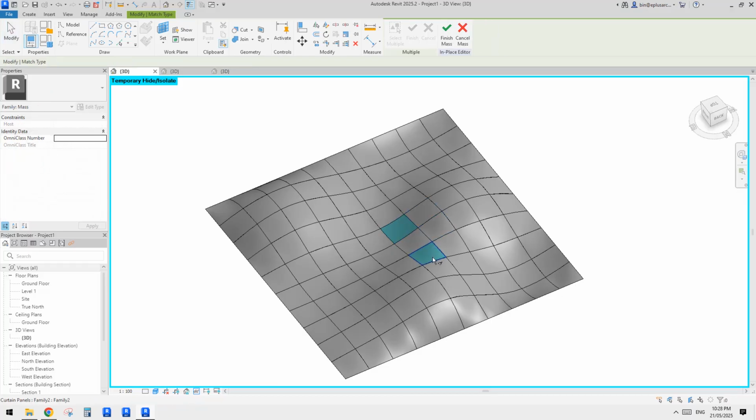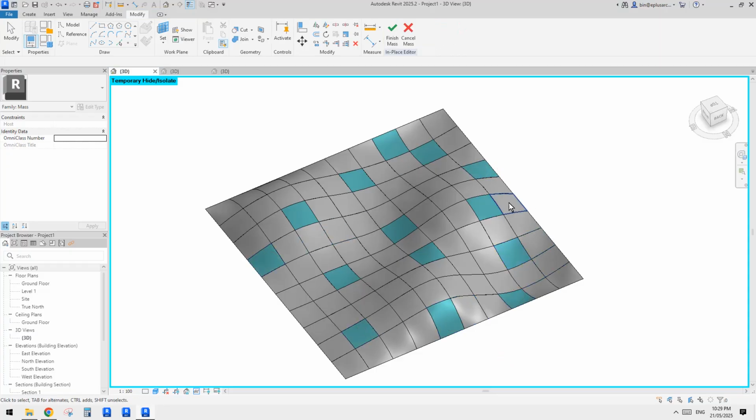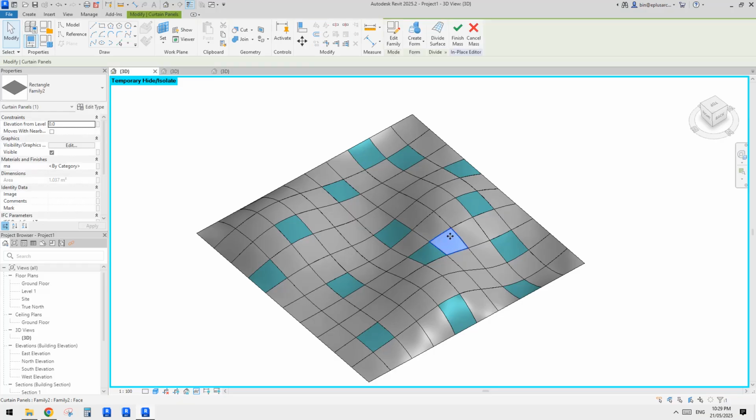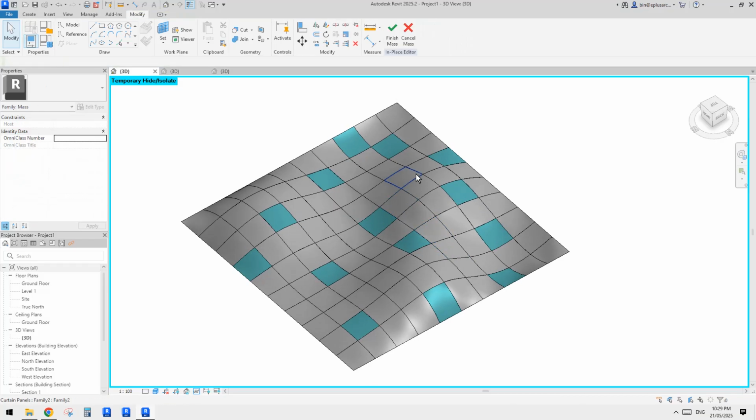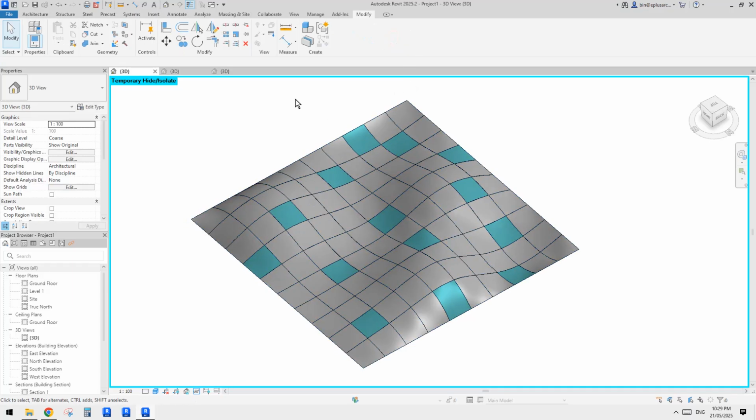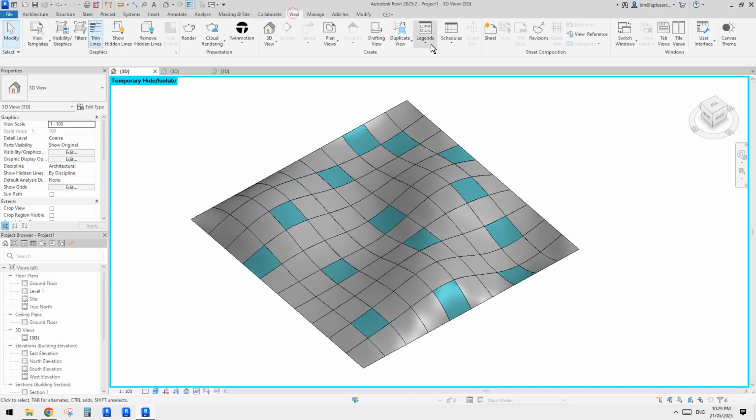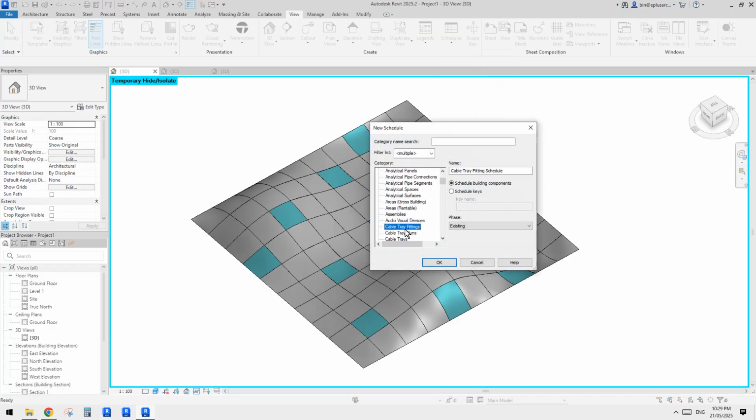Okay, so now I'm going to use MA to just give some random material to some of the panels, right? So okay, maybe that's it. Okay, and then let's create a schedule. Go to view, go to schedule. So these are curtain panels. So we create a curtain panel schedule